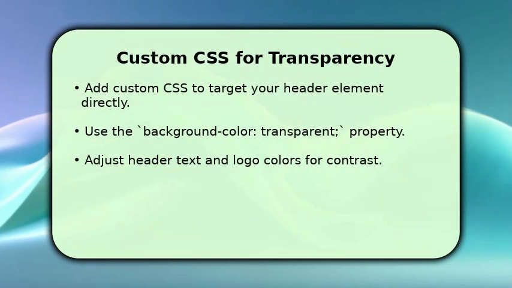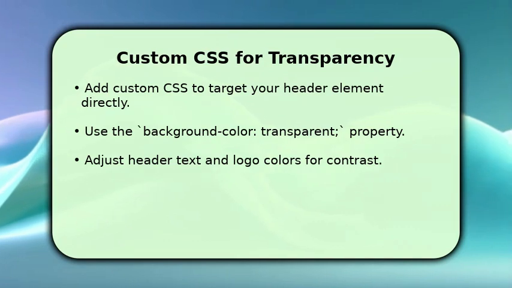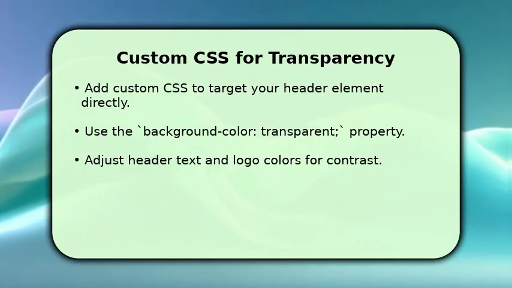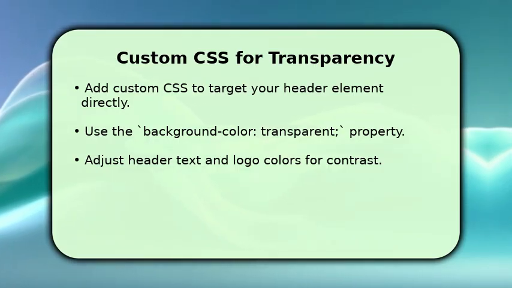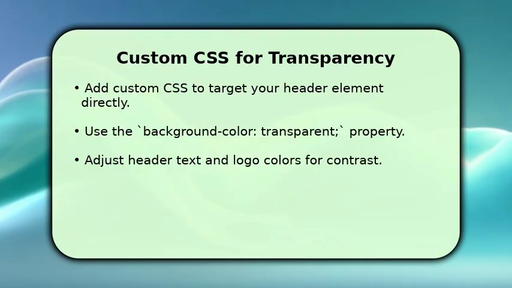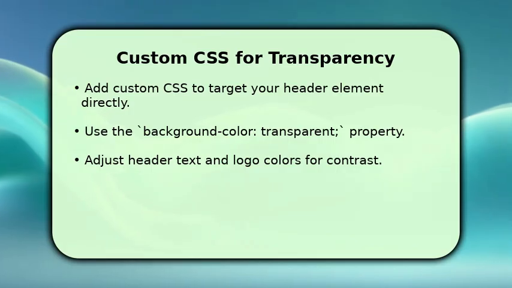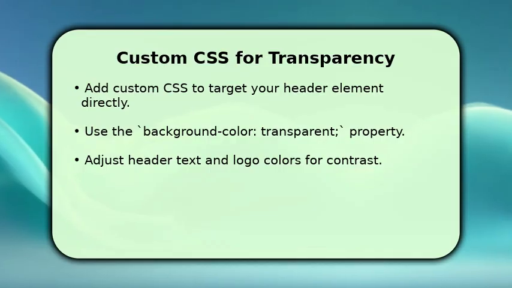For those comfortable with code, custom CSS offers precise control. You will need to identify the CSS class or ID of your header element using your browser's developer tools. Then go to Appearance, Customize, and Additional CSS in your WordPress dashboard. Add a rule like header { background-color: transparent; position: absolute; width: 100%; }